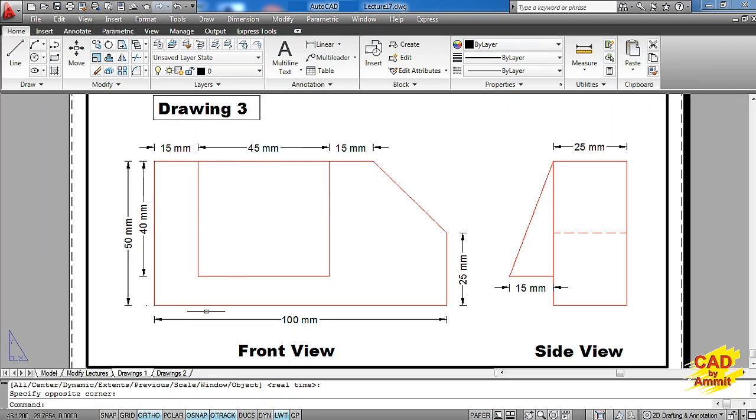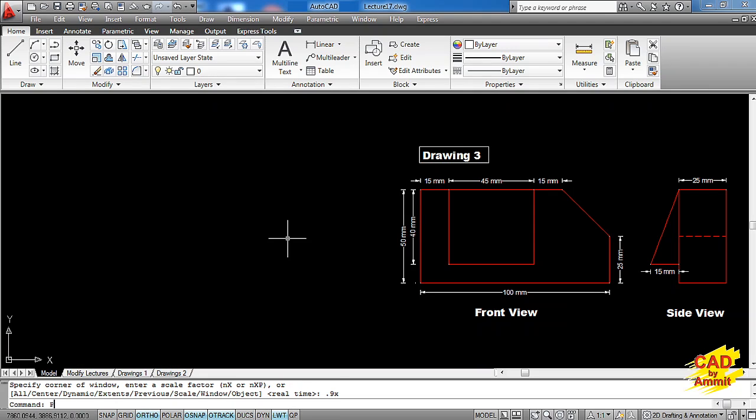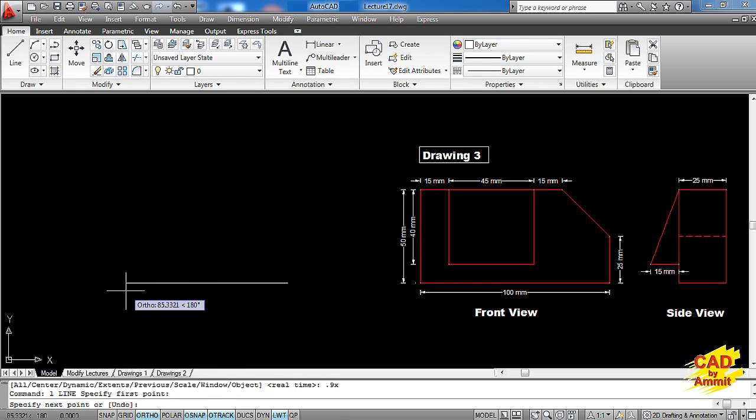Now for making the outer of the front view, we can again work with either the rectangle command or with the line command. So let's start it in the model space. So we are in the model space. For making the outer of the front view, I am using a line command here. I'll catch this point so that we get the reference of this. We make it in the alignment. I'll simply click here, move it towards left hand side. I already have ortho command on because I want to make orthographic drawing right now.